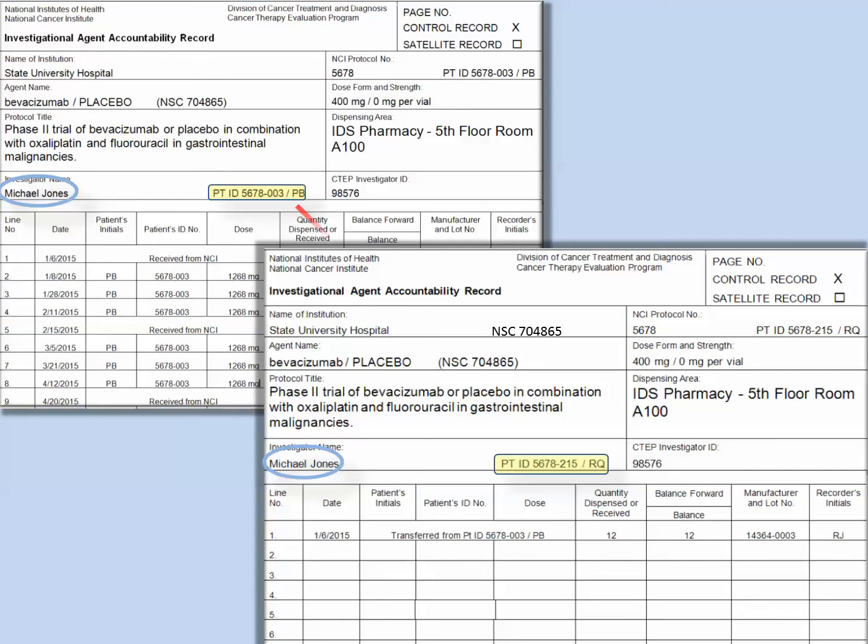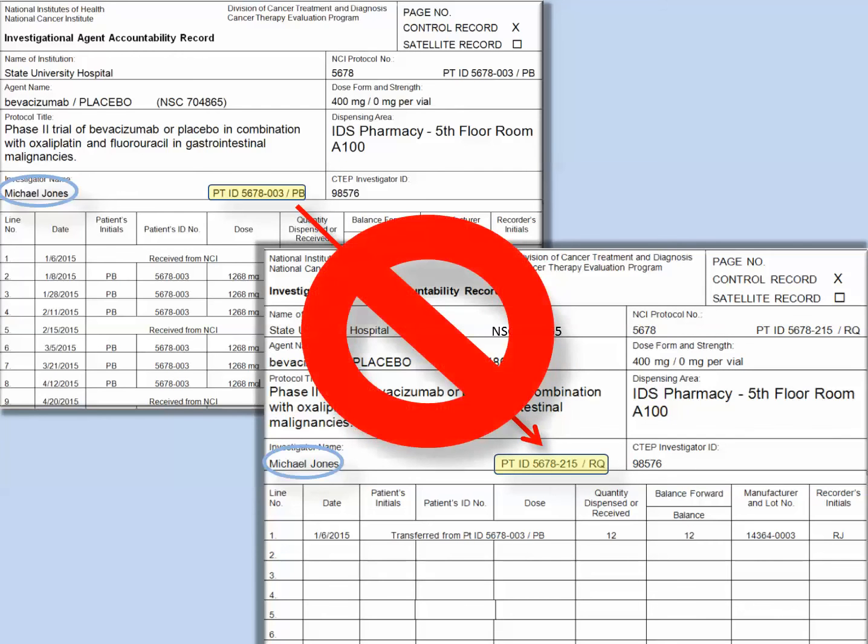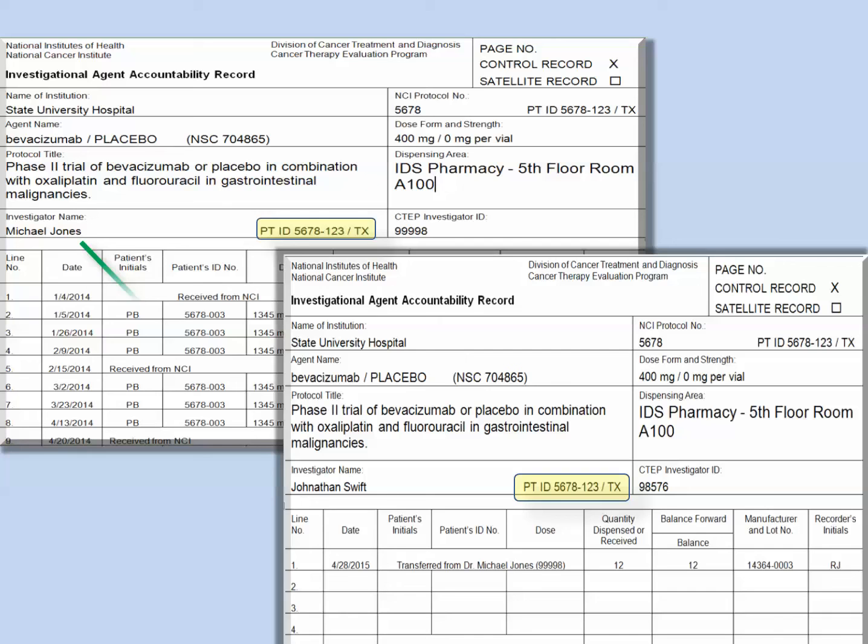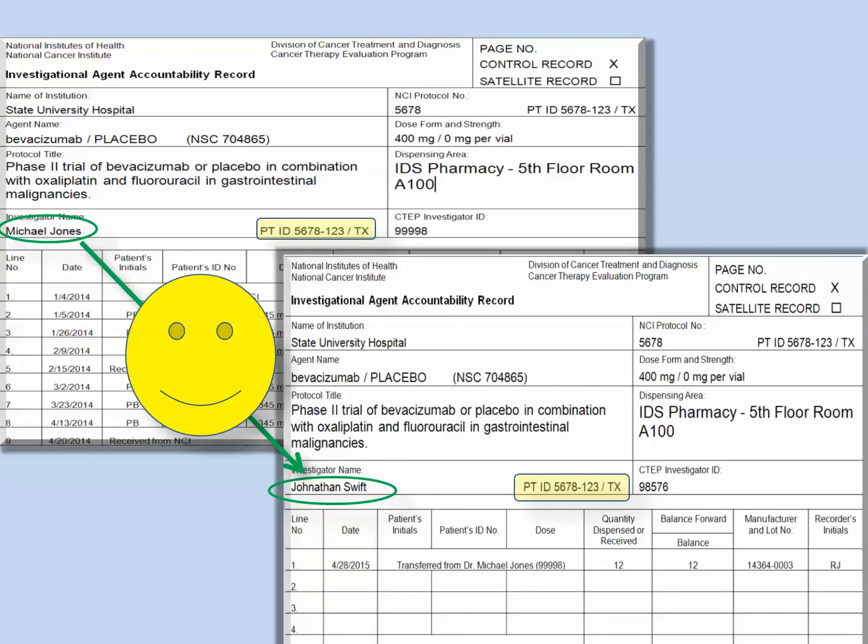Unlike open label supplies, patient-specific supplies cannot be transferred to other patients. The only exception to transferring patient-specific supplies is if the patient changes responsible investigators. In certain situations, the agent supply may be transferred to a new investigator after the investigator transfer notification has been received and processed by PMB. If this happens, you need to submit the PMB agent transfer form found on the PMB website. Once the patient has been transferred to a new investigator, you also need to create a new DARF for the patient to reflect the updated investigator.